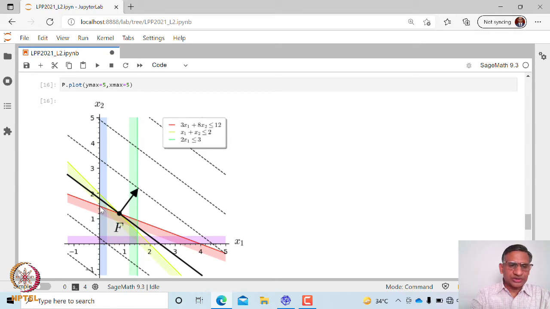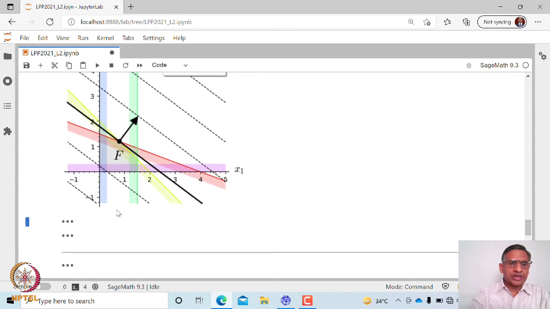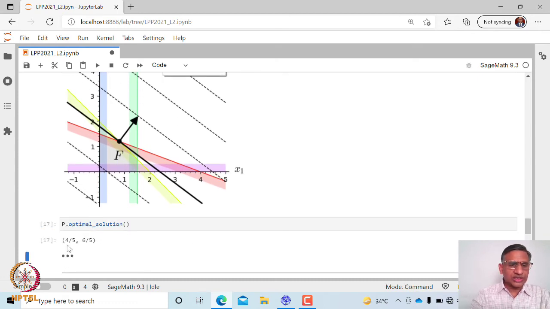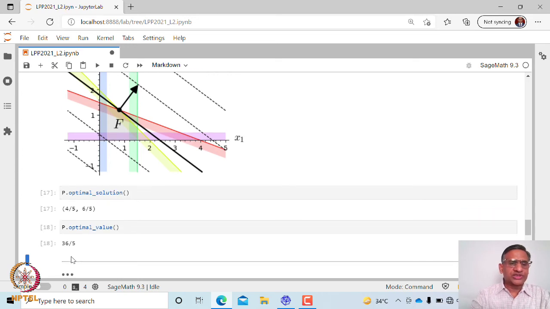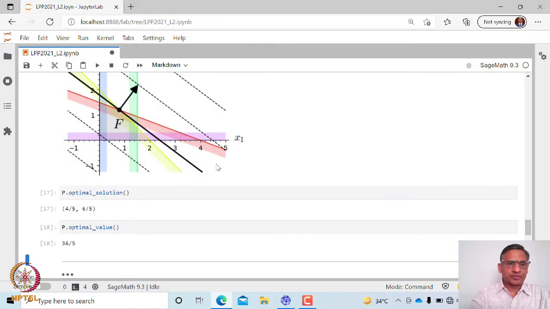The feasible region here is this one, then this, then this, then this, then this. That's the omega. And in case we try to find the optimal solution, it occurs at 4 by 5, 6 by 5, and the optimal value is 36 by 5. So that is how you can solve this problem.